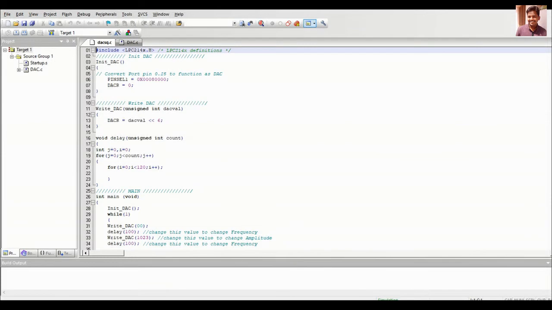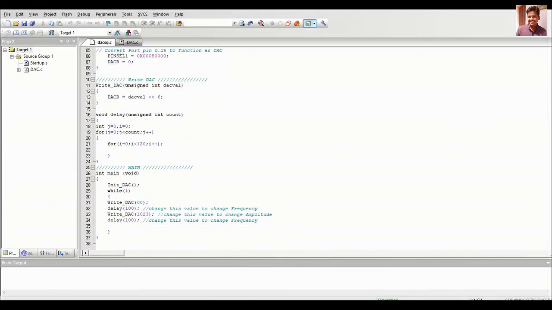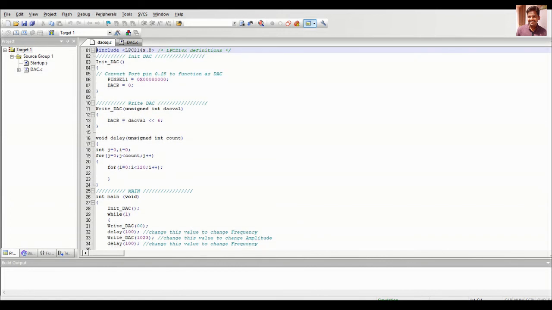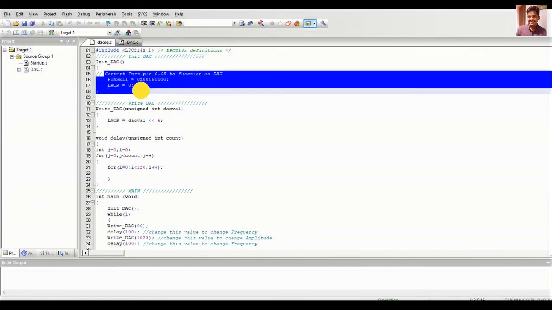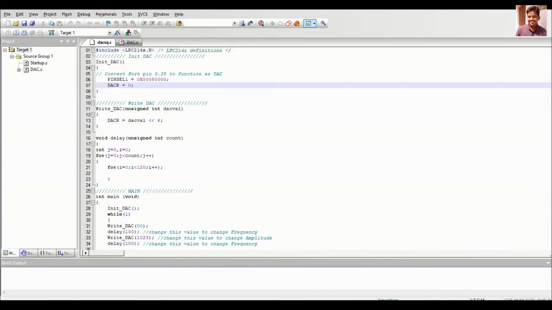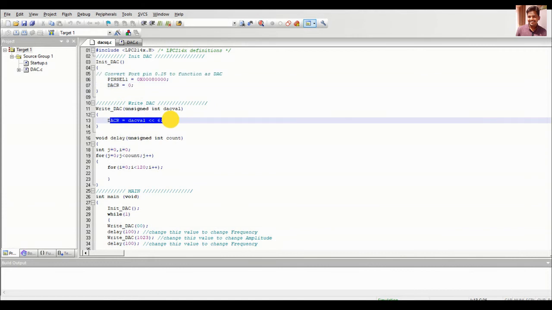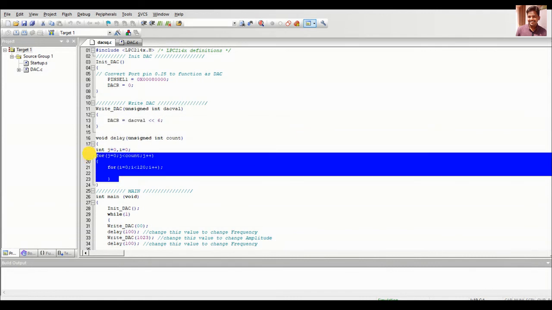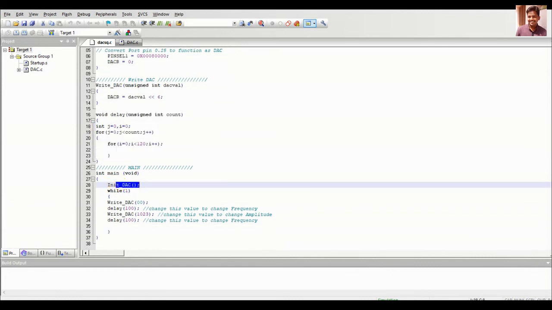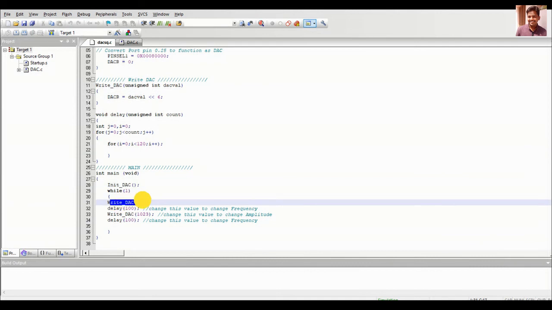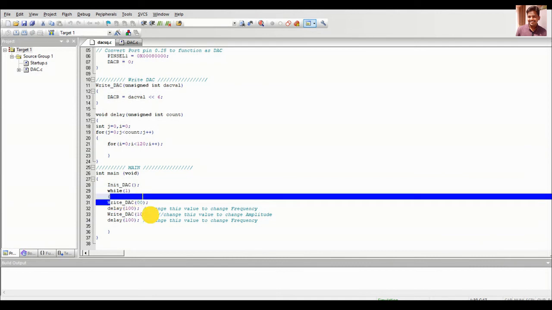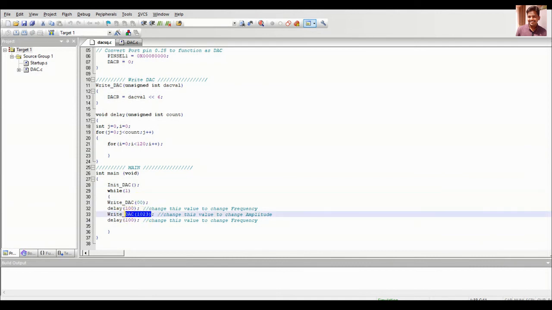This is the code. As I told, initially we are initializing the DAC. Next we are writing the value into the digital to analog control register, and this is for the delay. So first we are initializing, and then we are writing the value. First we write 0, and then 1023 for the square wave.